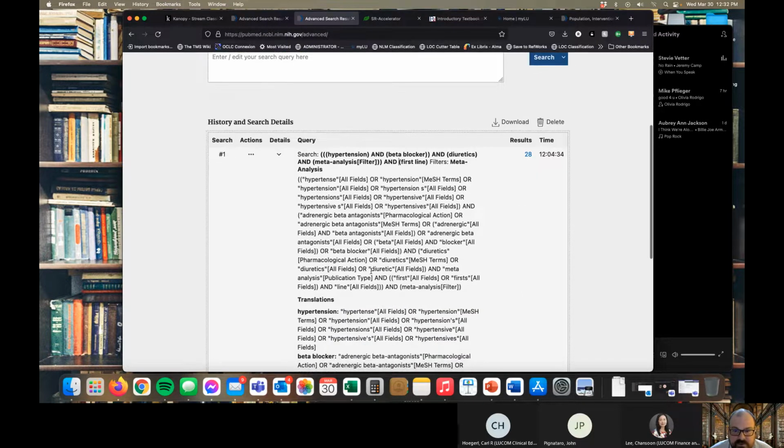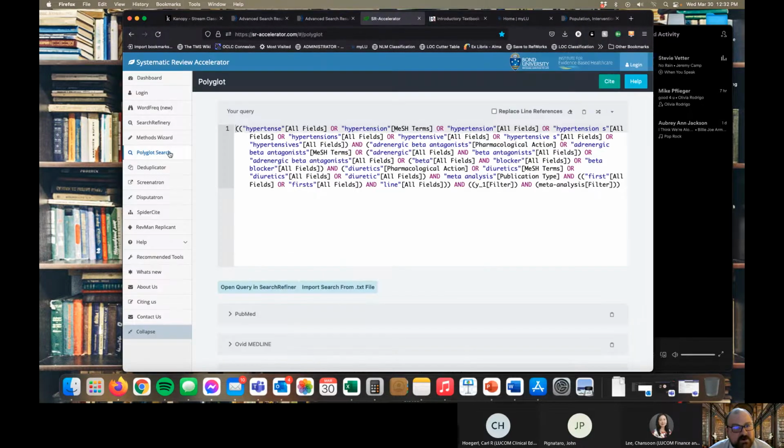But the way this search string actually looks, like if you're doing a systematic review and you want to make your search results reproducible by other researchers that might come behind you and perform the same search to make sure that they do it exactly the same, this is what the actual advanced search string looks like. So that's something that you would put into your paper, into your systematic review, in order to publish it and make it reproducible. So if I copy that search string and I go over here to the Polyglot Search tool